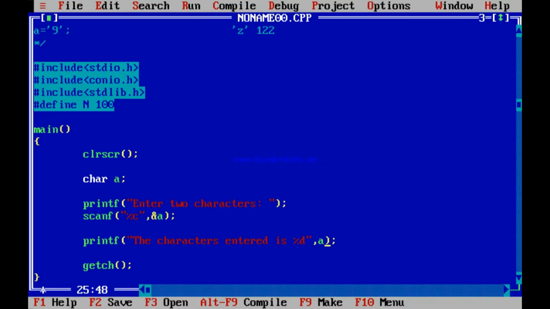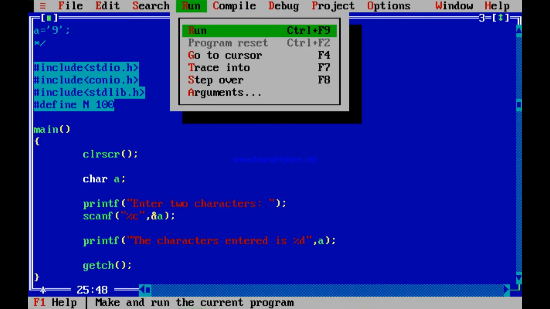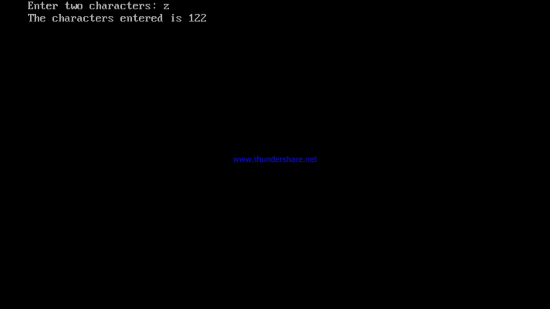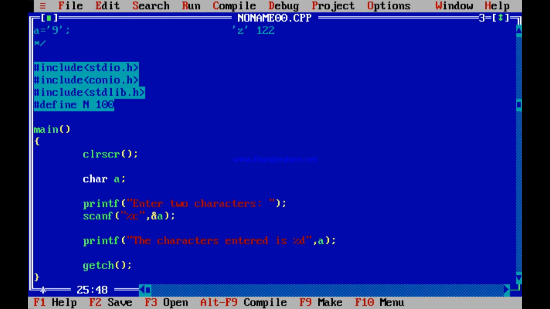Similarly, Z is 122. Y should be 121. See, Y should be 121. Isn't it so? Now, I have scanned it as a character and printed it as an integer.